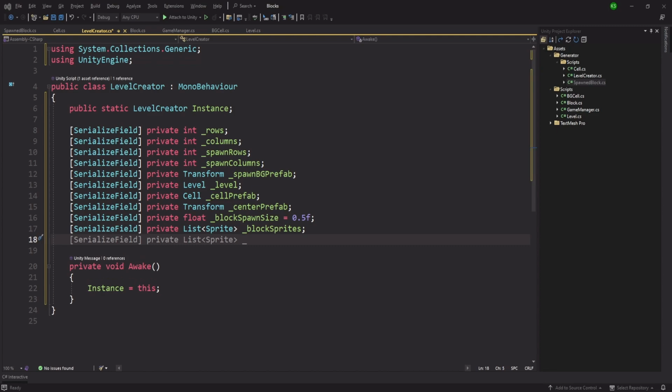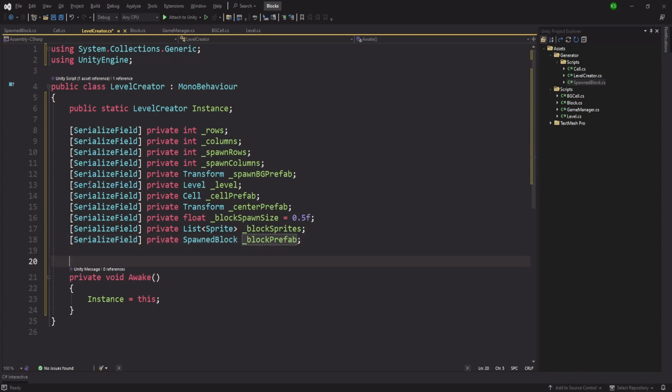and these are going to be all the black, yeah, we can just directly call them block sprites. And serialized field private, and this is going to be our spawn block where we need to update its position, so we'll call this block prefab. Let's go to the private variables. So private bool is new level,